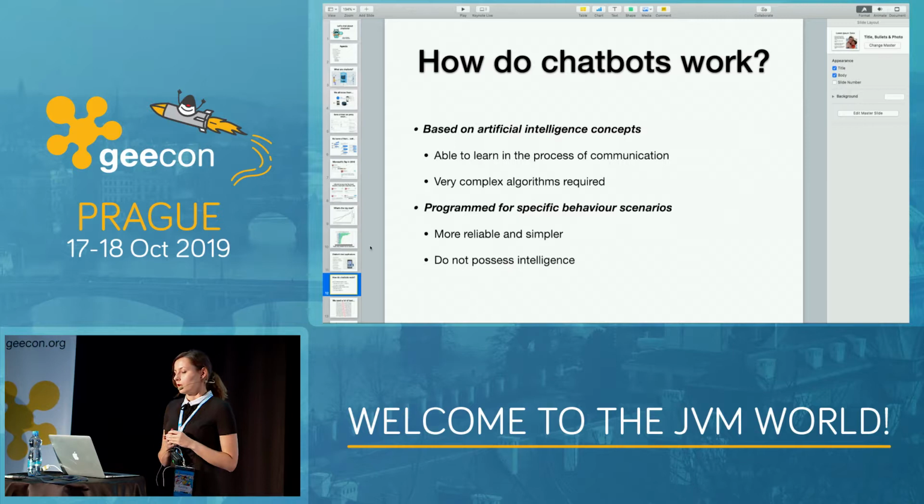But it does not possess intelligence, so it is your job to actually teach the chatbot the knowledge, and you just can't leave it on its own. It won't gain any more knowledge anymore. To be honest, this second type of chatbot is basically just an if-else statements program.